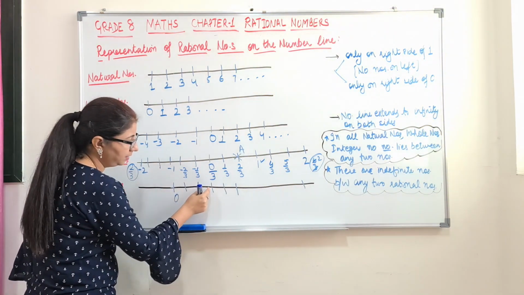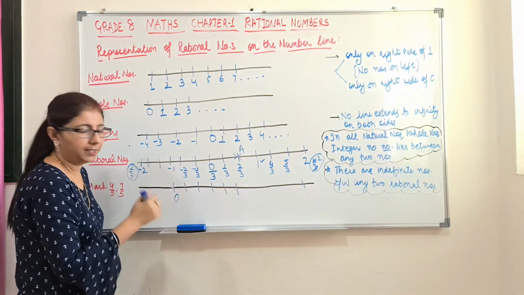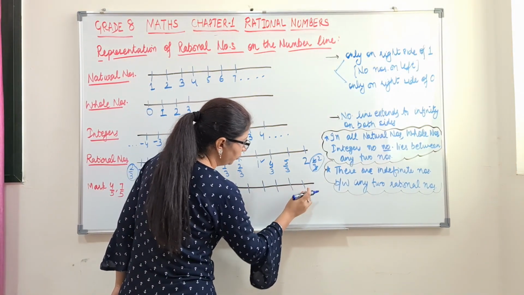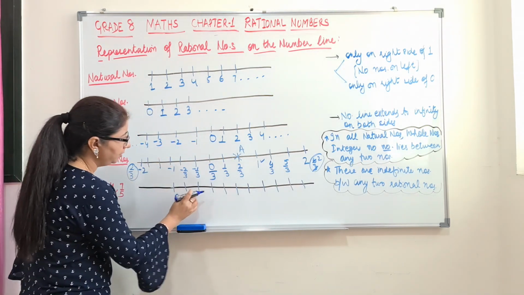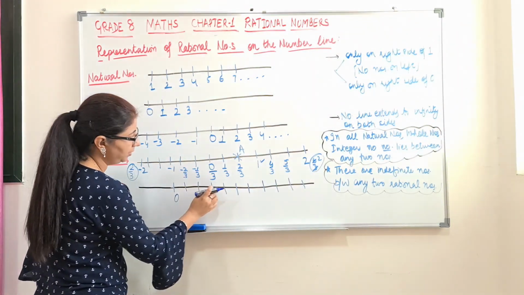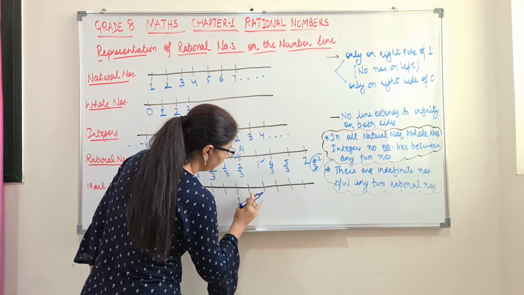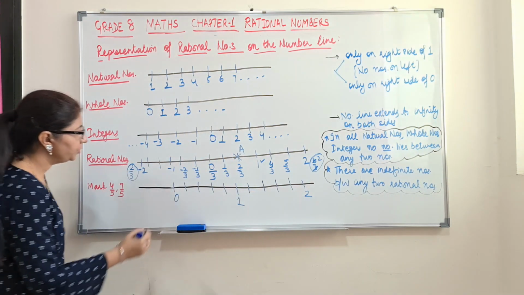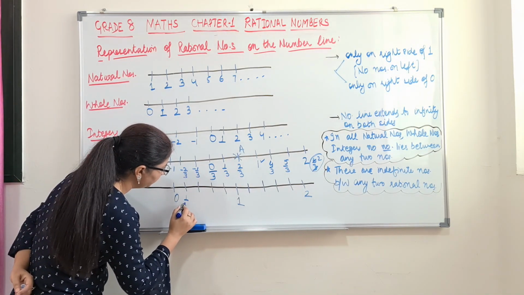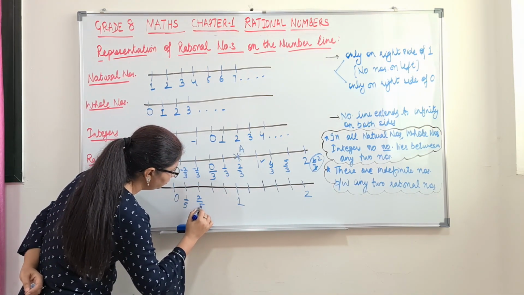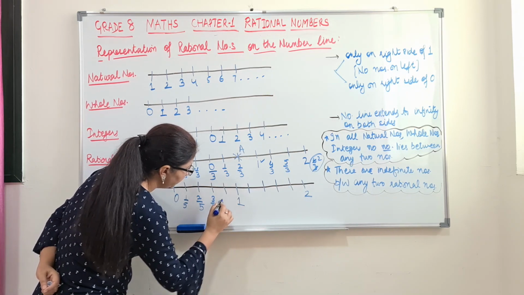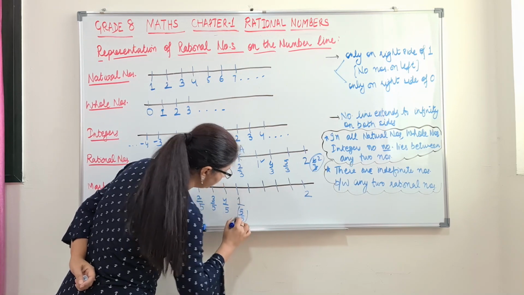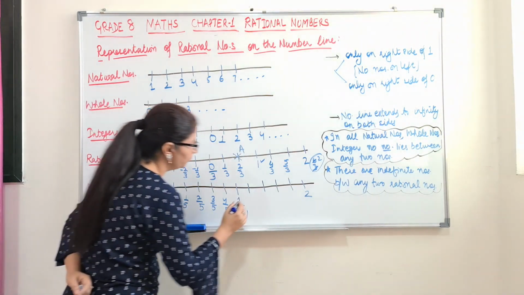First, second, third, fourth and fifth part. So next number also 1, 2, 3, 4 and this is 5. This should be my 1. Again, this should be 2. So what should be this number? It should be 1 by 5, 2 by 5, 3 by 5, 4 by 5, 5 by 5. This 5 by 5 will cancel and give us 1.